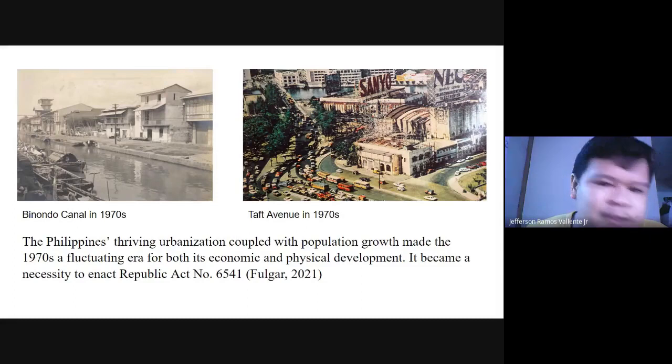At that time, it was the Marcos regime. I call it a regime because they had this issue back then. At that time, one solution was to send out populations from Metro Manila and transfer them to other locations. One location where they were able to transfer some of the population is Southern Luzon,